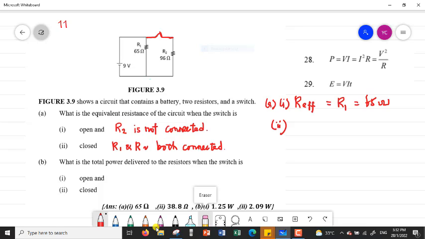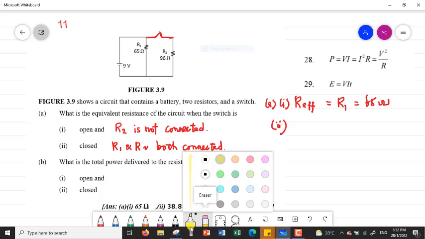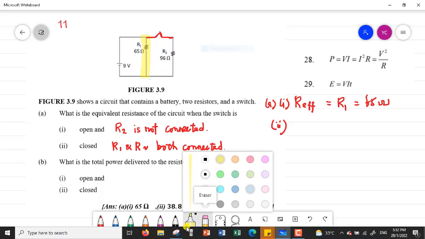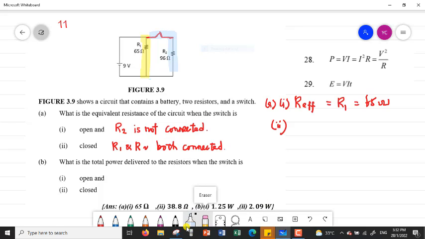Okay, so R1 and R2 both are connected to the 9 volt and then they are connected in parallel. See, this is one path and then another resistor sits here. So you can see very obviously, for the two resistors, they have 2 common legs connected together and they sit at different paths. So they are connected in parallel to each other. So R1 is parallel